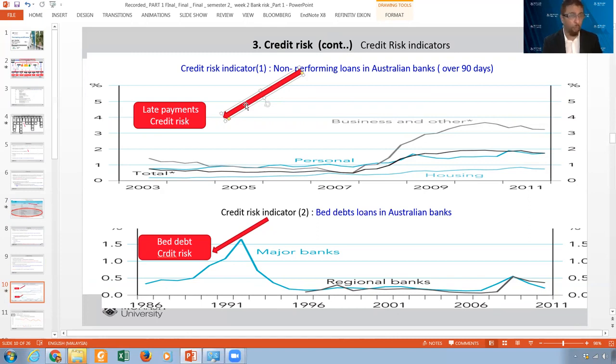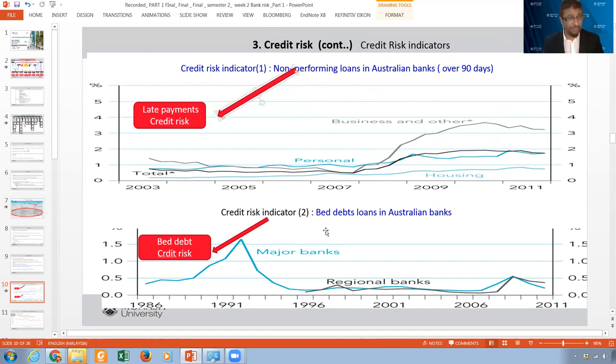Non-performing loans, NPL. That means if you are, for example, taking a housing loan or a business loan or a car loan, and you are late in your payments for 3 months or 90 days, then in this case, you are defaulting. I think in this country, it's 1.5%. And as you can see, this is just for the Australian banks. Most of the defaulting, and we can explain it according to this data, was in 2008, 2009. And this is actually the time of the financial crisis.